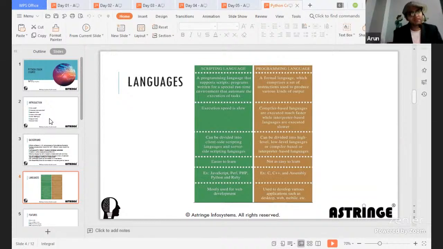But it is much easier to learn scripting languages compared to programming languages, because scripting languages are defined for some specific purposes, so it is easier to learn. But having said that, there are examples like JavaScript and Python, which have become almost a de facto standard for web development and data science.